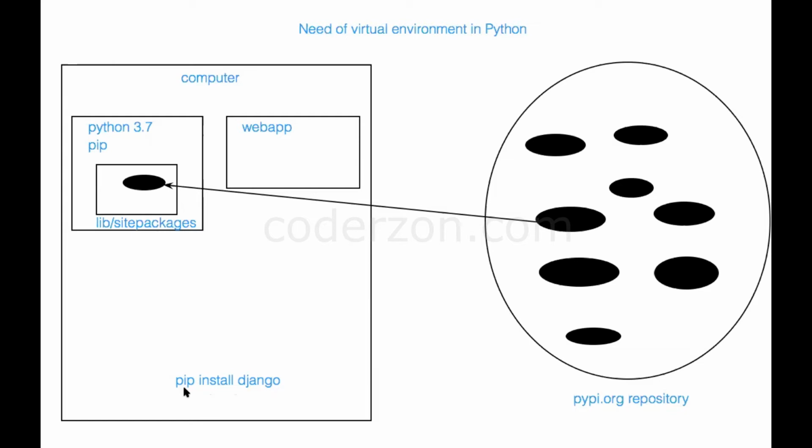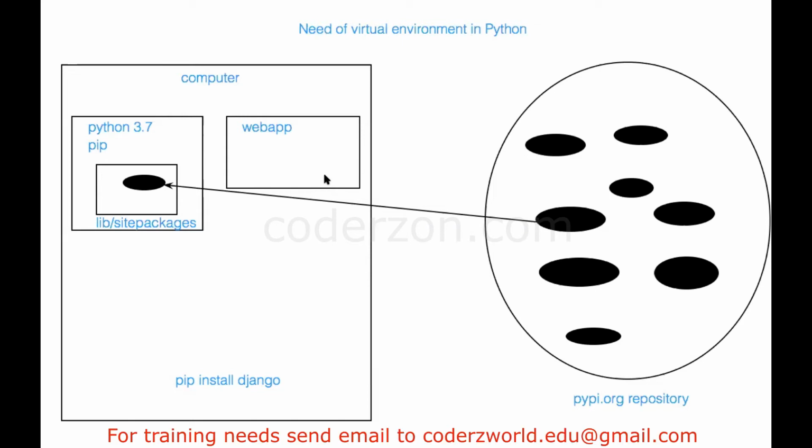In a project, we will be using multiple libraries. We need to install, uninstall, and update those packages. So using pip, we can manage those kinds of tasks. On a computer, if you are planning to work with only one project, this is okay. But in reality, we will have to do multiple Python projects on a computer. So here I'm creating another app, maybe called data app. So on my computer, I have two projects.